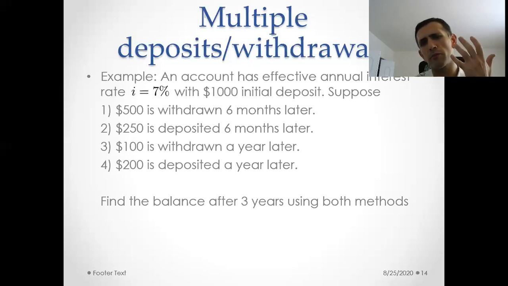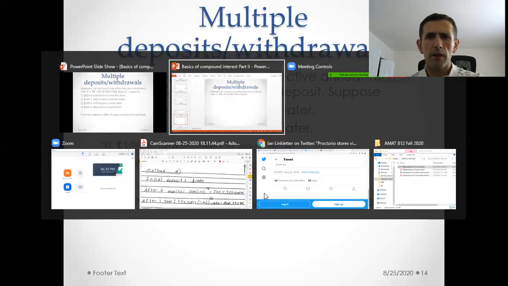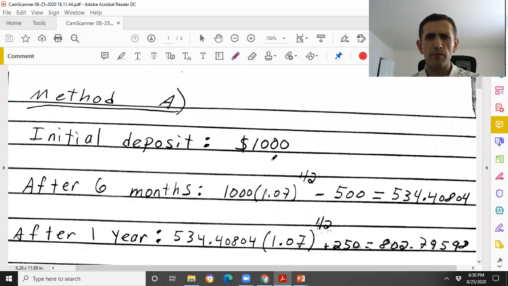I'm going to do both of these methods to illustrate that you get the same answer. All right. Okay. So what's the first method? Well, we have an initial deposit of $1,000. Let's ask the question, how much do we have after 6 months? Well, it's not very subtle. The $1,000 accrues 6 months of interest